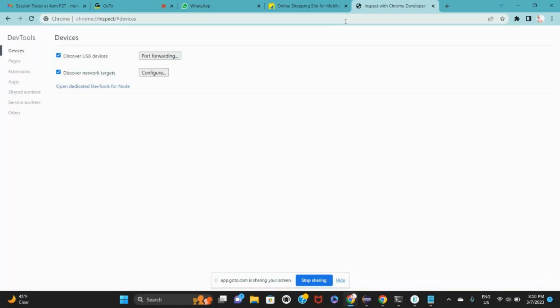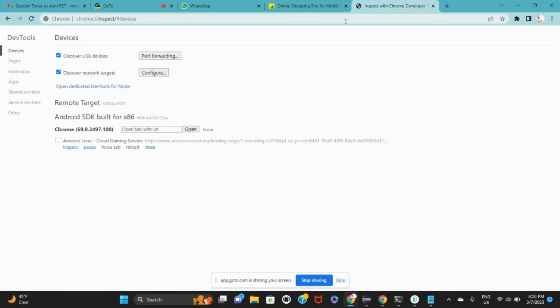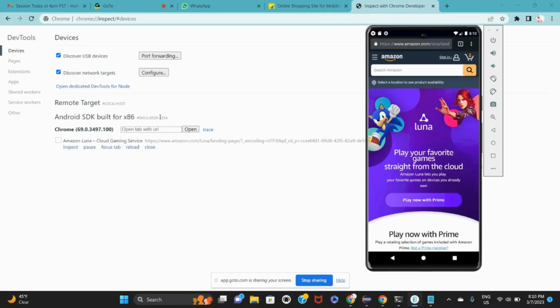When I click on this, you would see a screen like this, and something gets loaded in a few seconds. It takes a few seconds to get loaded, but it got loaded. So this says there is a remote target on the localhost and its name is emulator 5554, and there is a Chrome instance running on it, and the version of Chrome driver on that particular app is